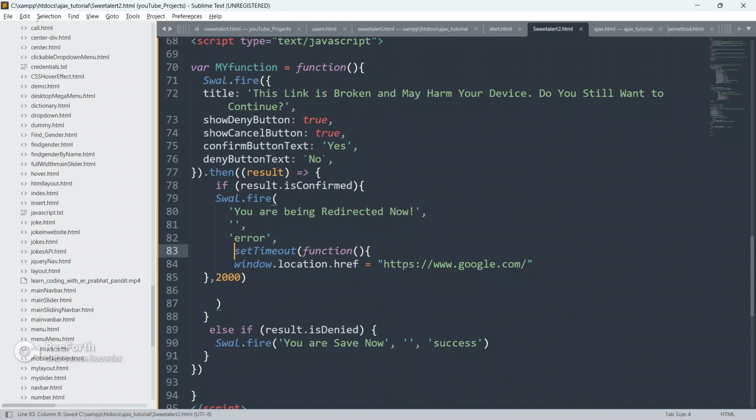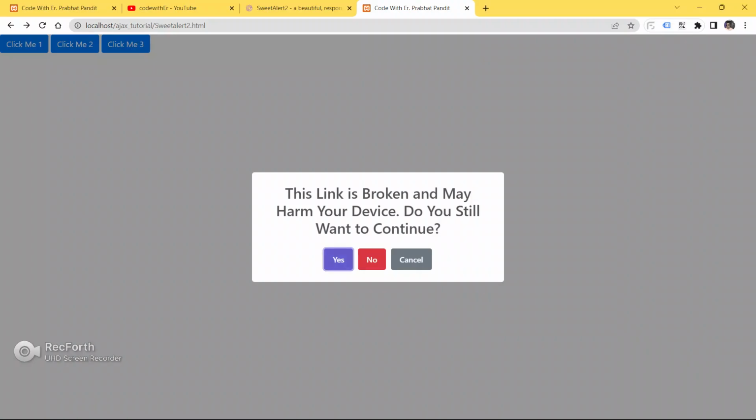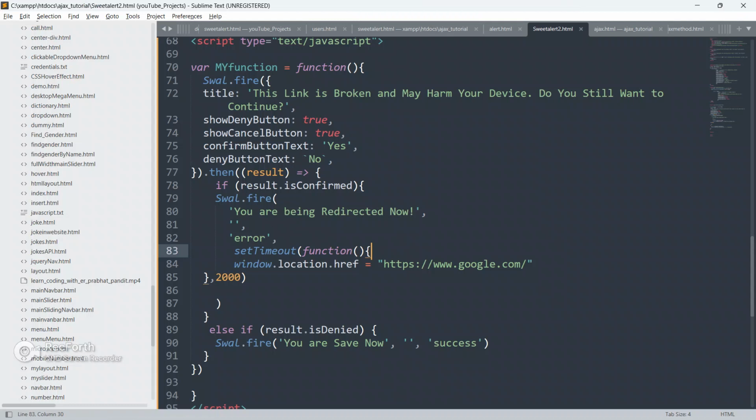The icon will be error, and I have set a timeout of 2000 milliseconds. After 2000 milliseconds you will be redirected to this URL, window.location.href, which is google.com.